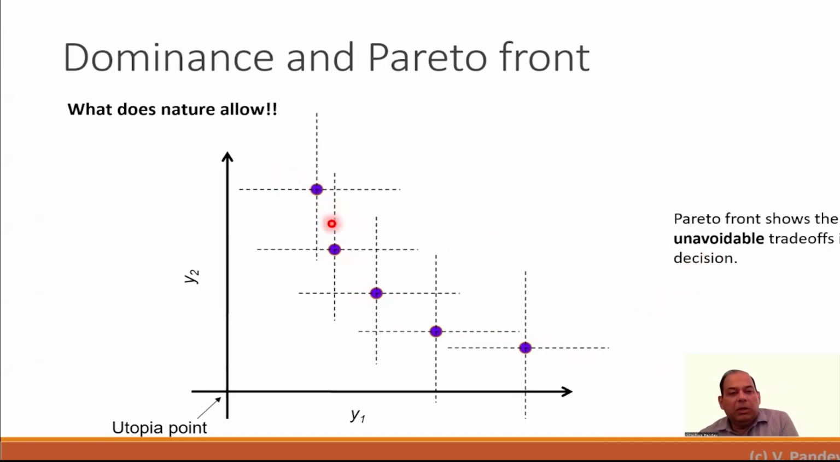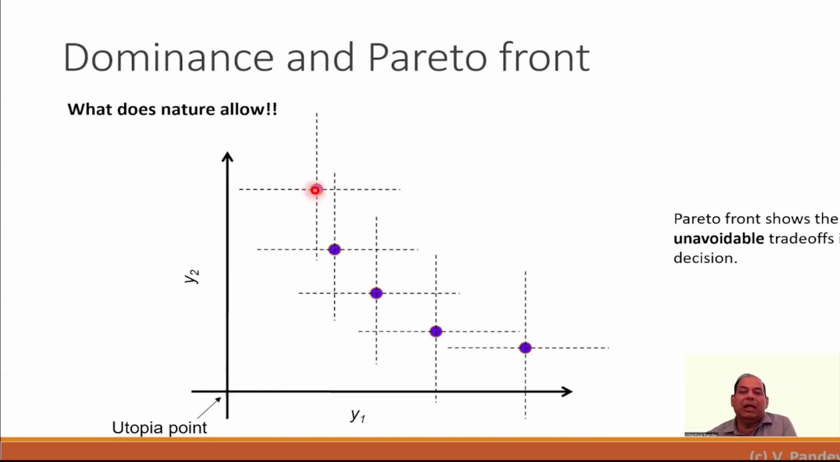And what we end up with is what's called the Pareto front. Okay, so the Pareto front shows unavoidable trade-offs in a decision. These trade-offs cannot be avoided. In other words, nature does not allow you to simultaneously improve any of these attributes associated with any of these outcomes. So if you take this design, this outcome, nature does not allow you to simultaneously improve y1 and y2